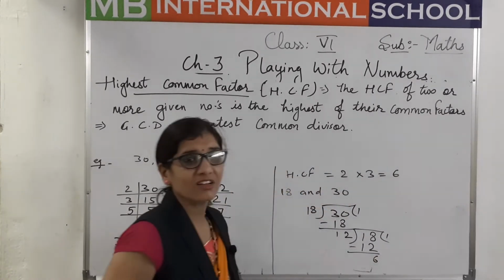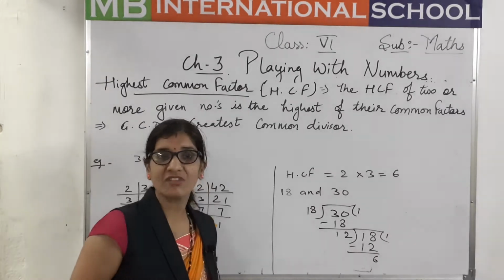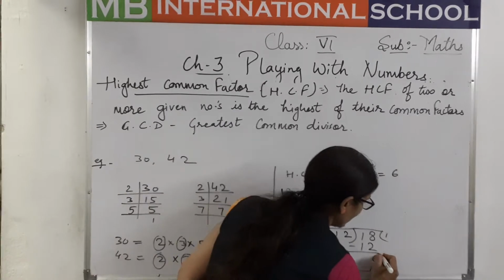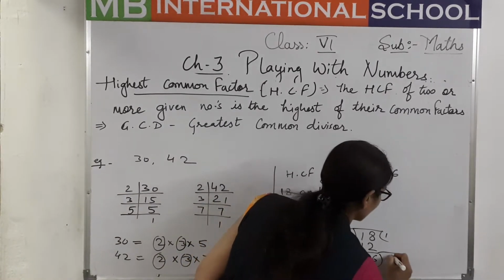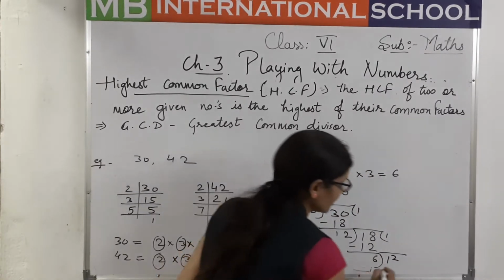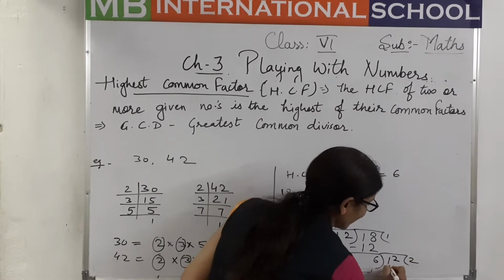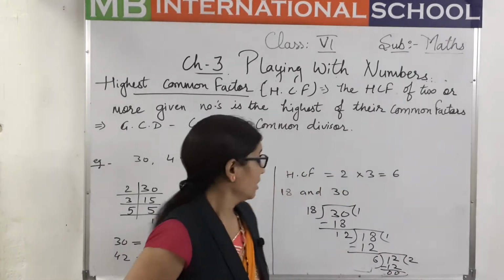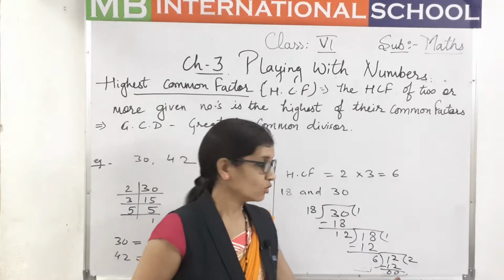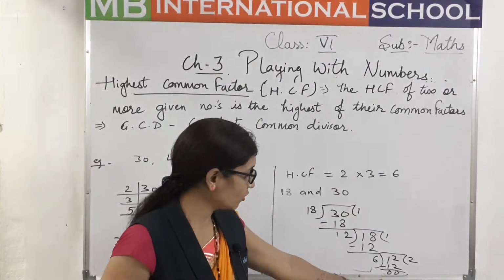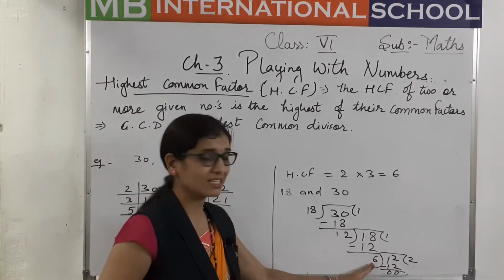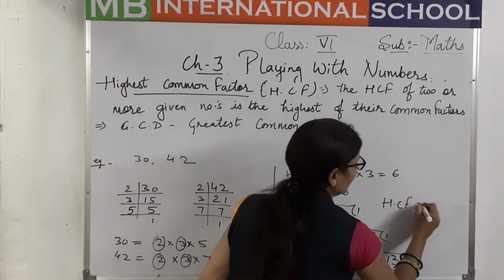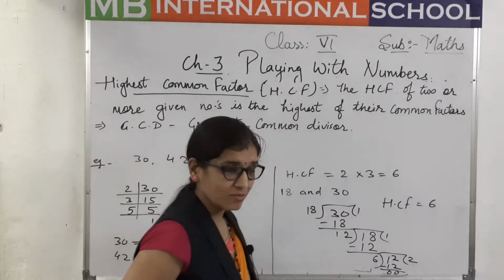Now in the next step, the remainder will become the divisor and the divisor will become the dividend. So now the dividend will be 12. You already know that 6 twos are 12. So we get the remainder 0, and we solve the sum until we get the remainder as 0. Now here we have got the remainder 0. So we can see the last divisor is 6. So here also the HCF of both these numbers is 6. This is the division method, children.